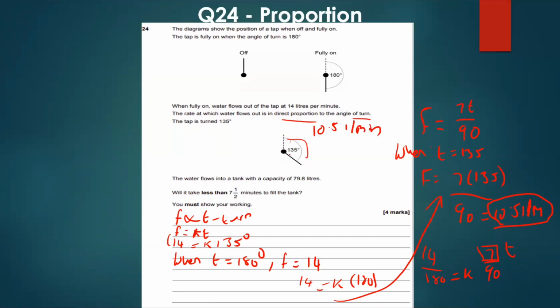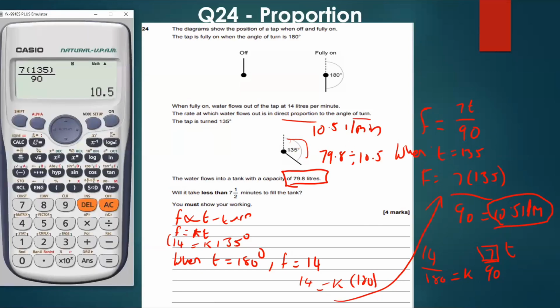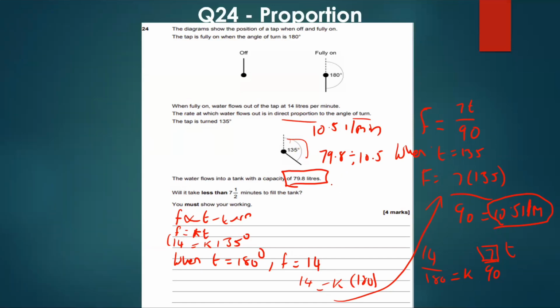So what we can then do is, if we know that it does 10.5 litres per minute when it's at 135 degrees, it has to fill up 79.8 litres. Because it's got to do 10.5 per minute, it will tell me how many minutes it's going to take. So 79.8 litres divided by 10.5 per minute takes 7.6. So no, it doesn't take less than it. So no, it takes longer